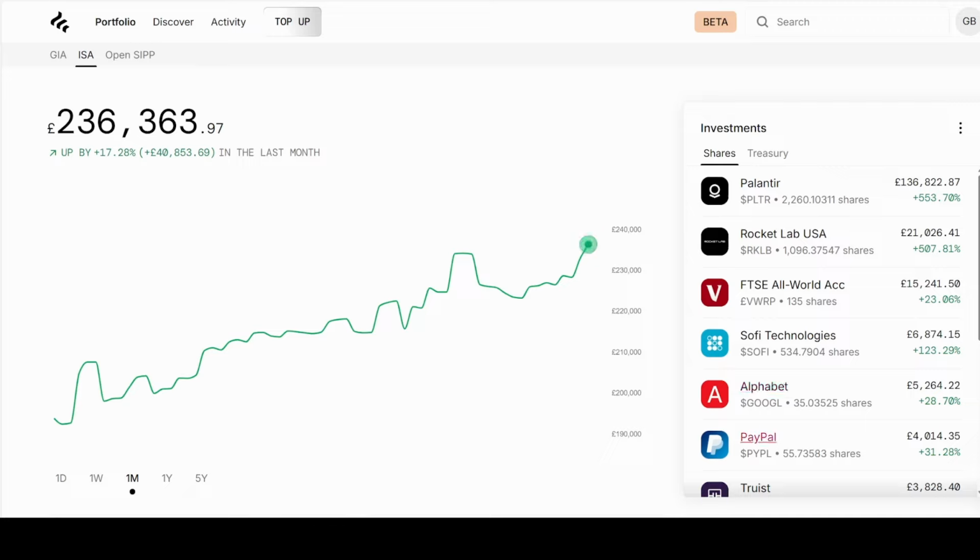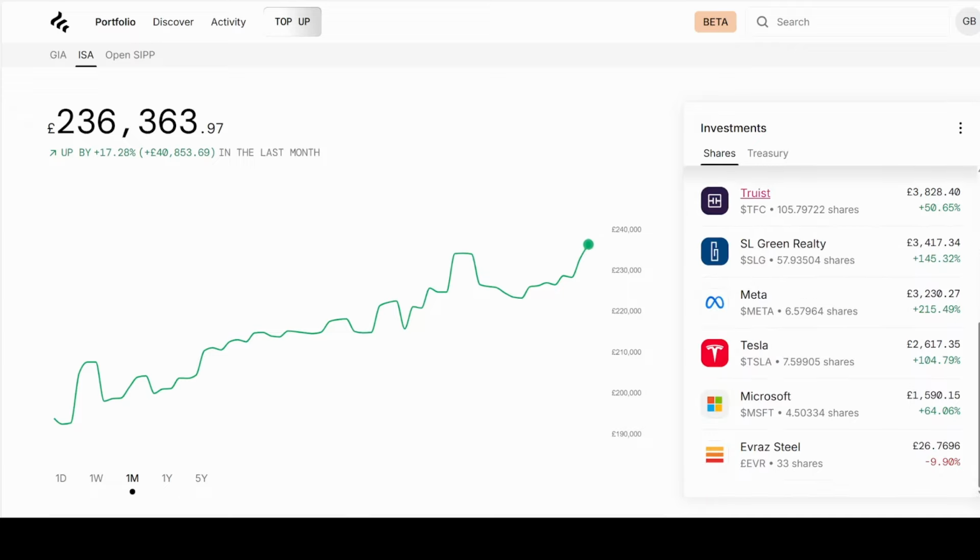PayPal is not doing too bad either. So that sits at a value of £4,014 and is up 31%. Next up, we have the two dividend plays. So Truist, that's up 50% at a value of £3,828. SL Green Realty, that again performs quite nicely and gives me a monthly dividend. So that's up 145% at a value of